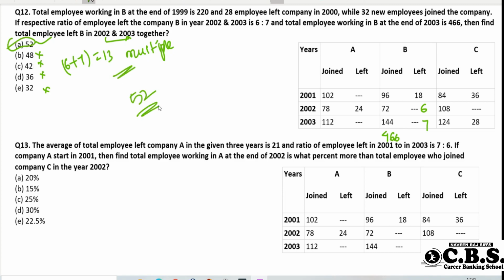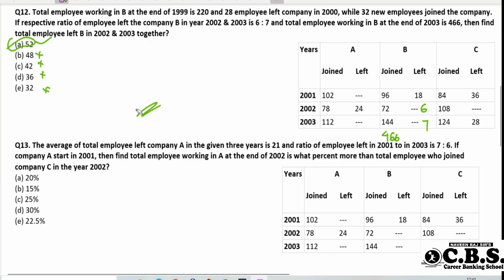So some questions are like this one. So be aware when doing a total question. You just consider the total presence in the question. That is very important to answer in just seconds. So what's your answer? 52 is the right answer. So I'm going to give a very clean explanation, the detailed explanation of this question. Okay.